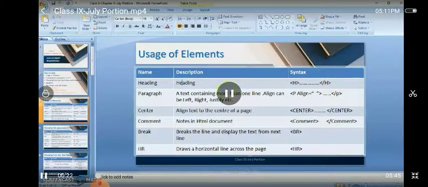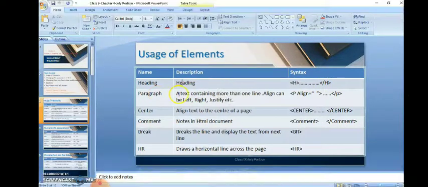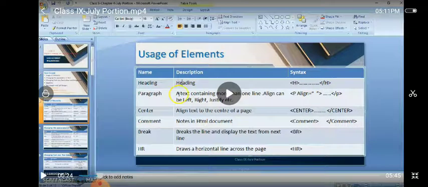One is heading. As you know, the tags will be H1, H2, H3. So what does it mean? H1 will be the largest size, used for the main heading. Each time we go from H2, H3, the font size decreases, and when it reaches H6, it will have 8 pt.